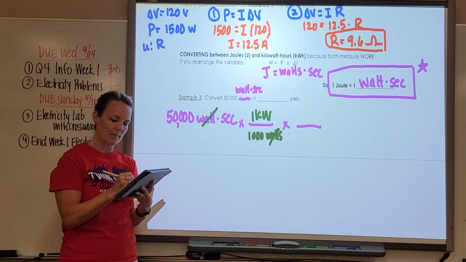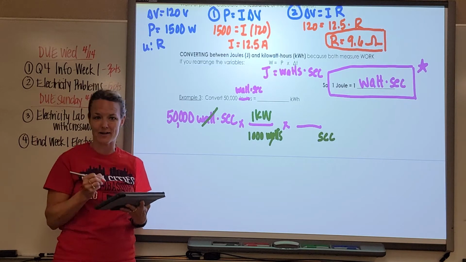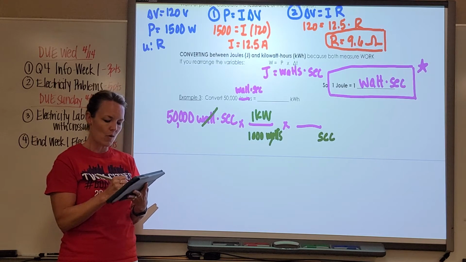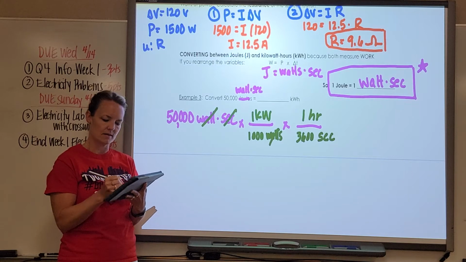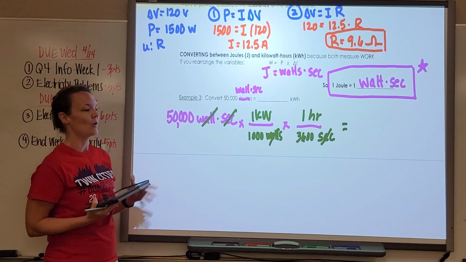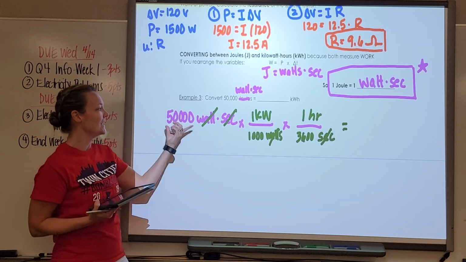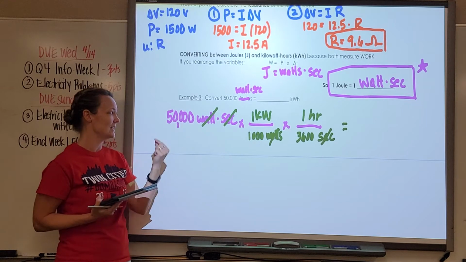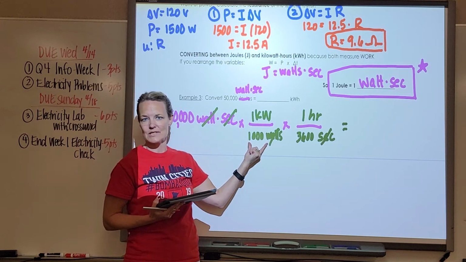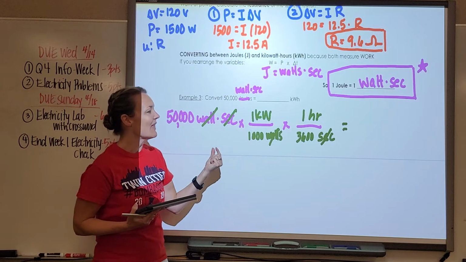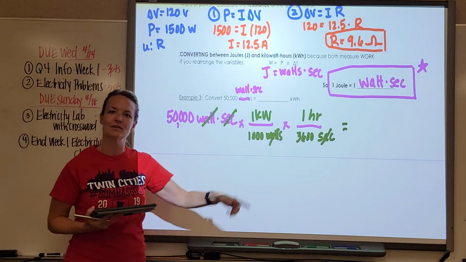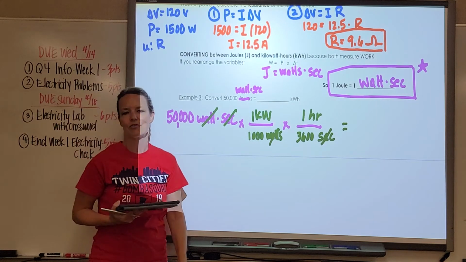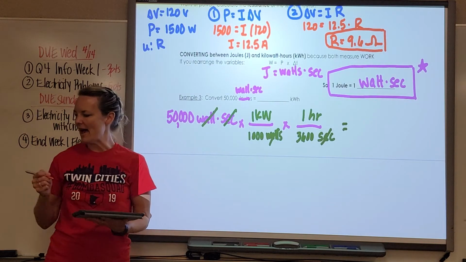Seconds are on the top, so they have to go on the bottom to cancel out. In 1 hour, there are 3,600 seconds. All right, so 2-step conversion. I need to take my 50,000 and divide it by 1,000, that gets me down to 50. And then I need to keep going, and this is also on the bottom, so I also need to divide by 3,600. When I do that, I get